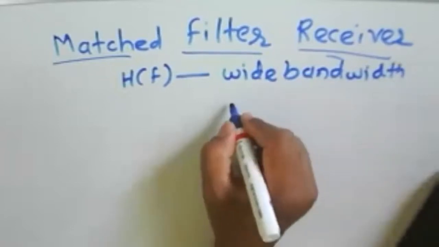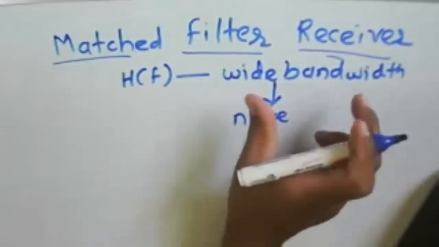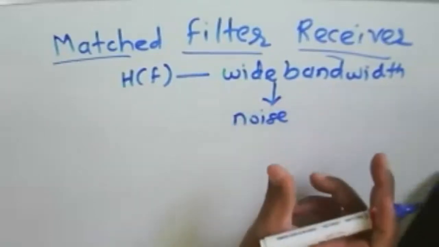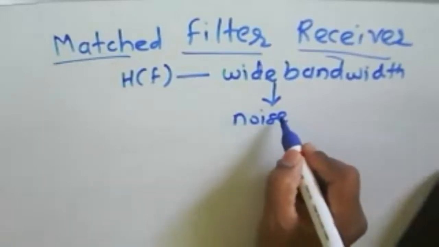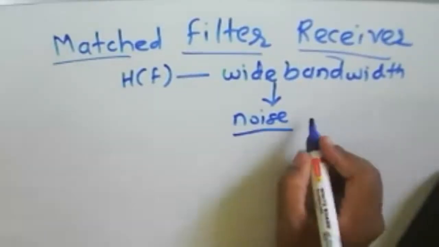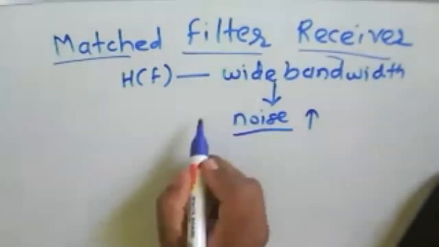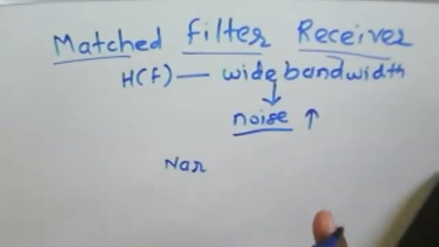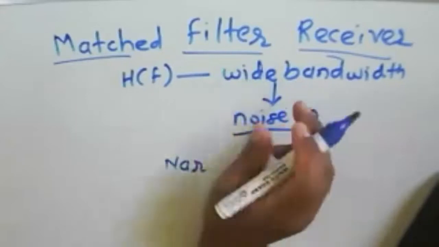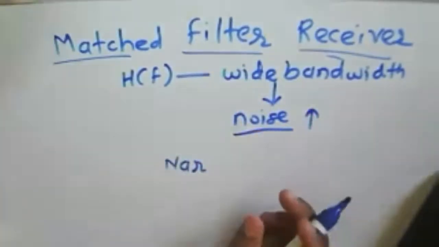So due to wide bandwidth, what happens? We provide a large band for the signal, occupying the signal within a particular range. That's why, as that range increases, the noise will increase. Now, if we consider a narrow bandwidth instead of a wide bandwidth here,